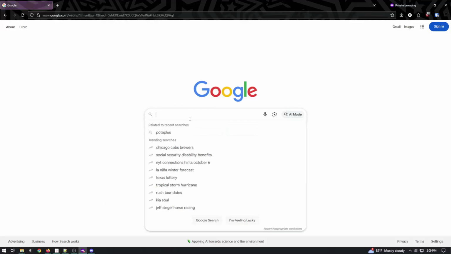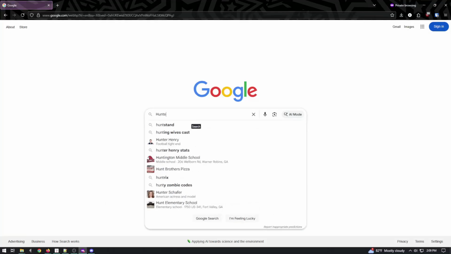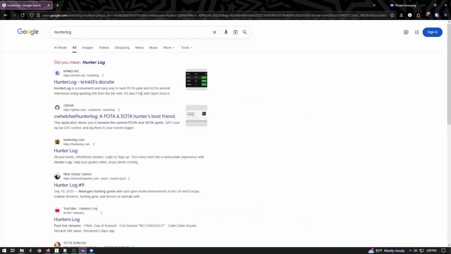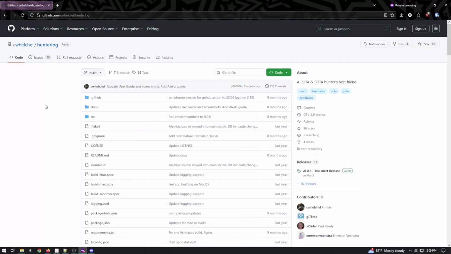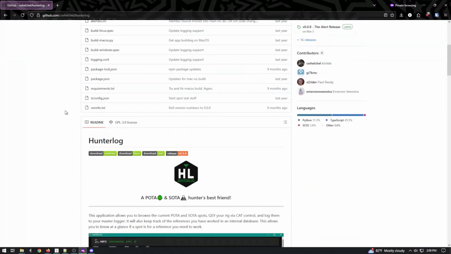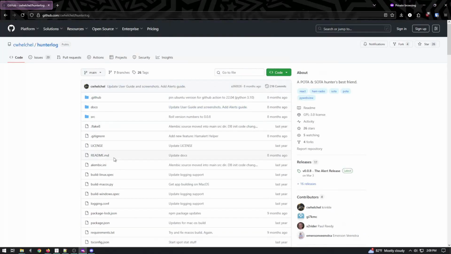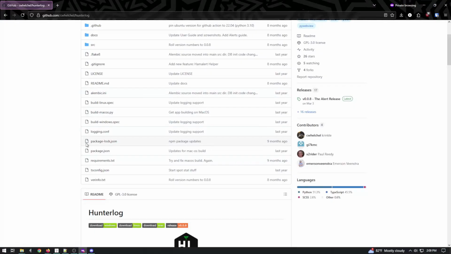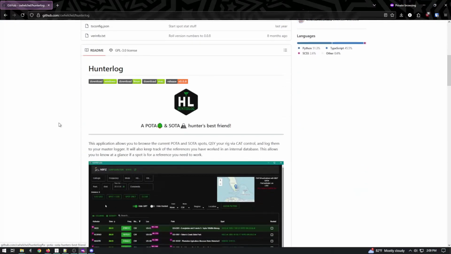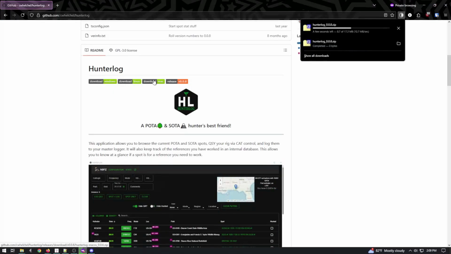Okay, let's get started. To download Hunterlog, I will just go to Google, type in Hunterlog, and the first place I want to go to is the GitHub repository for the project. This is the home page for everything for Hunterlog. If you scroll, you can see the files here for all the source code. You can ignore that. Down below is the README area, and there's a few download buttons here where you can